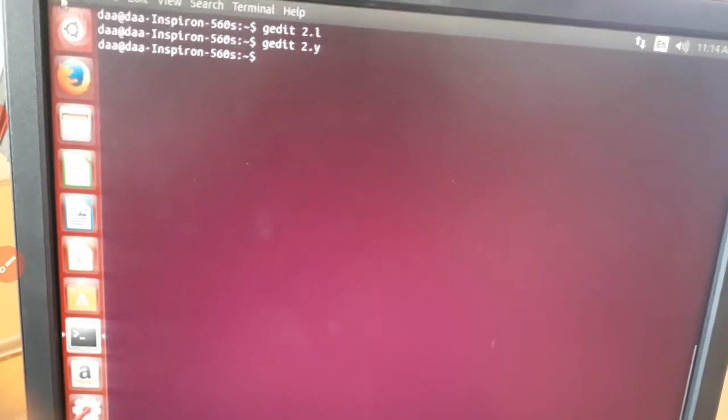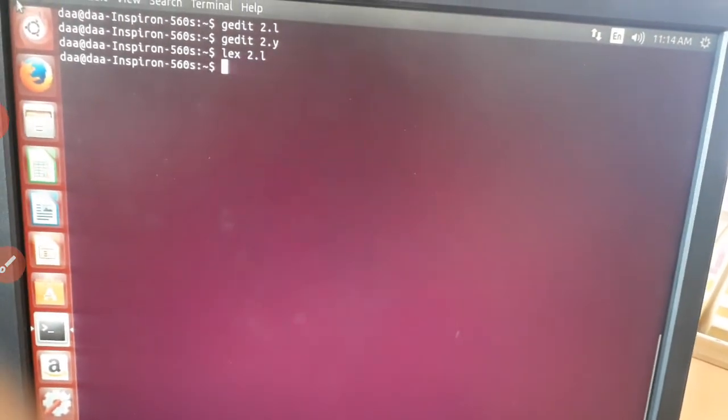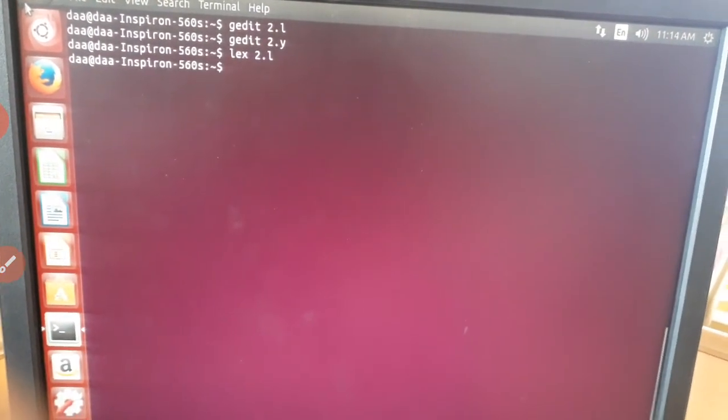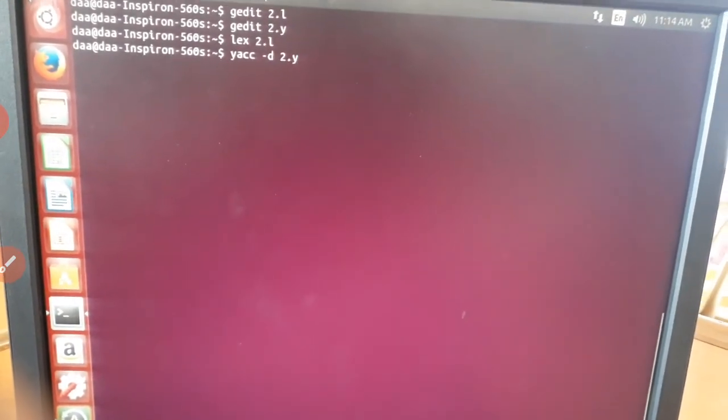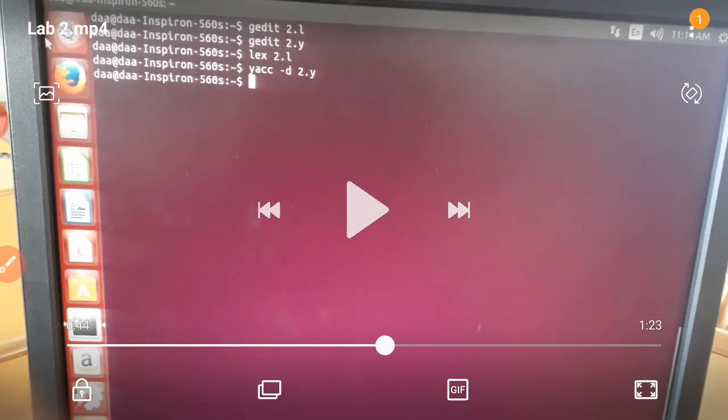Then you can use lex file name .l. Later you can use yacc -d file name .y.